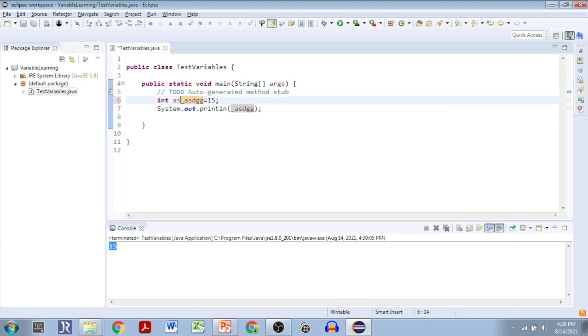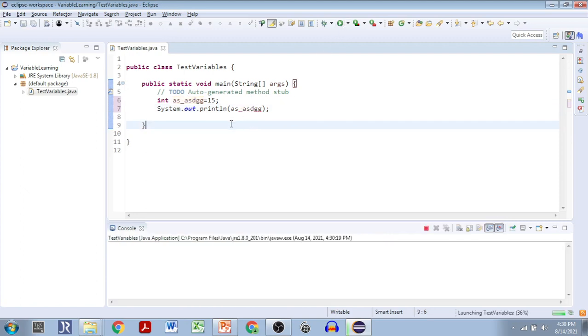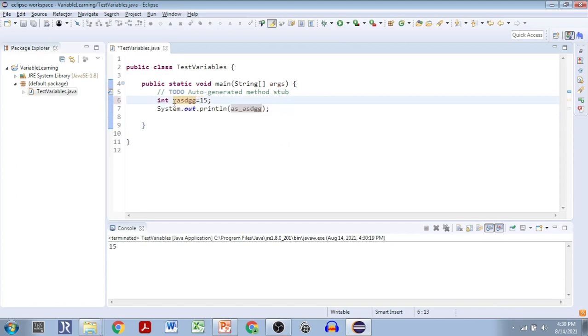Now we can see if I give any other name, like AS, whether that is working or not. Yes, it will work. Again, start it with a numeric or alphabetic value. So I can give a dollar sign. Similarly, it will work. So dollar sign is also a special character which is permitted for a variable name. Copy from there and put it here, and we'll execute. Let's see. It's printing.